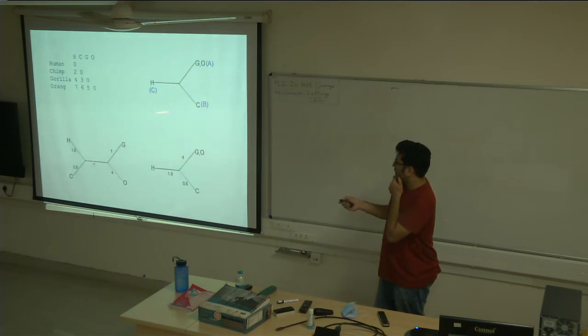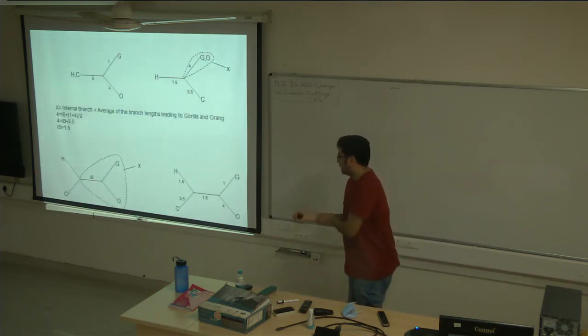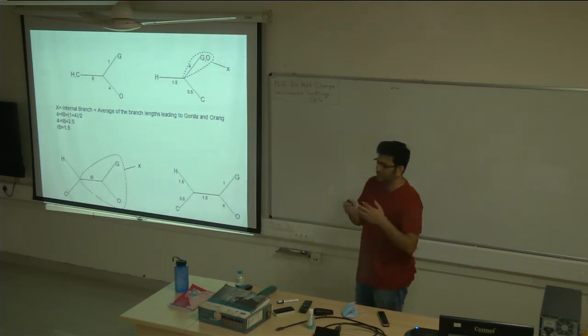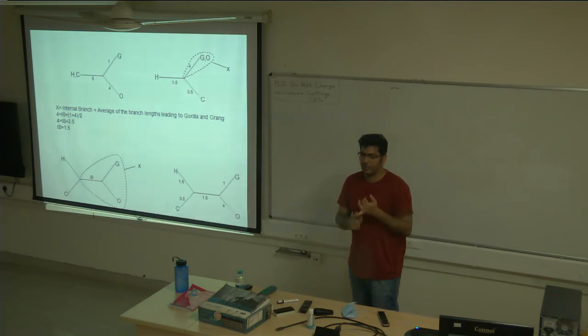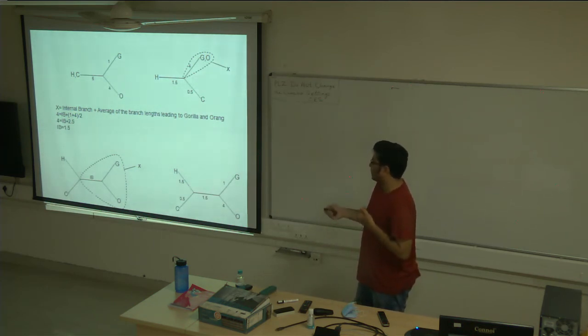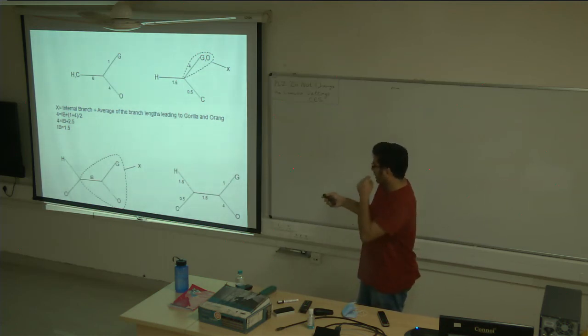So you group this gorilla and orangutan, and then again you calculate the branch length using this method, and finally you get the branch length for the tree. Then you calculate the internal branch. So the point here is that you use this method to calculate branch length for each of the three topologies that I showed you earlier.